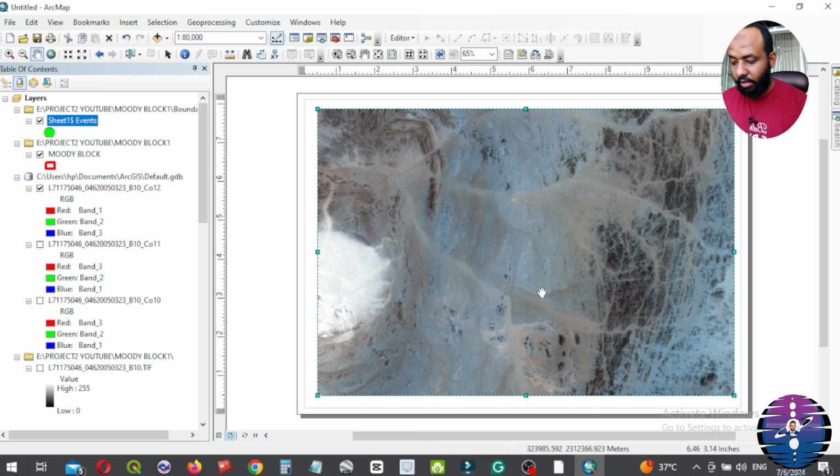Okay, now we create a grid for the map which consists of latitude and longitude lines.